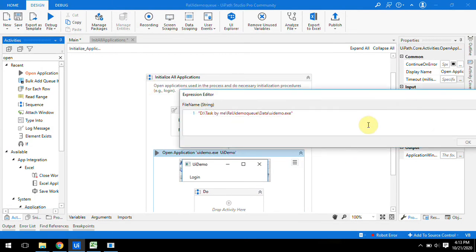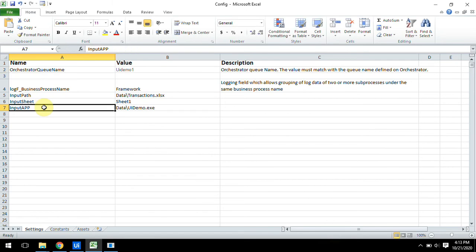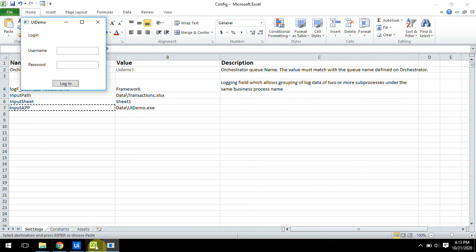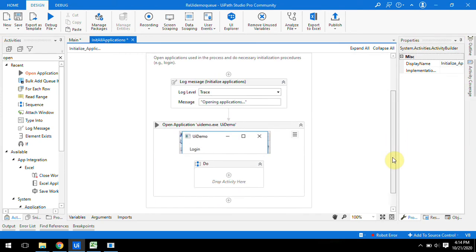This file name we get automatically, but we have to change the file name and path name, because we have already given the path in our config file, that is the input app. So copy that input path and give it in config, Ctrl space, enter the name of our path dot ToString, and click OK. That's it. So our application will always be open.